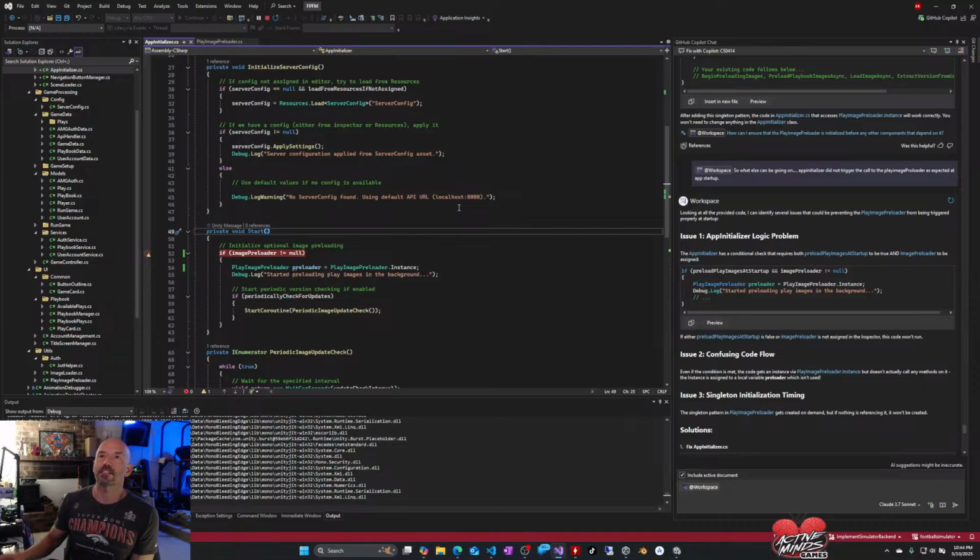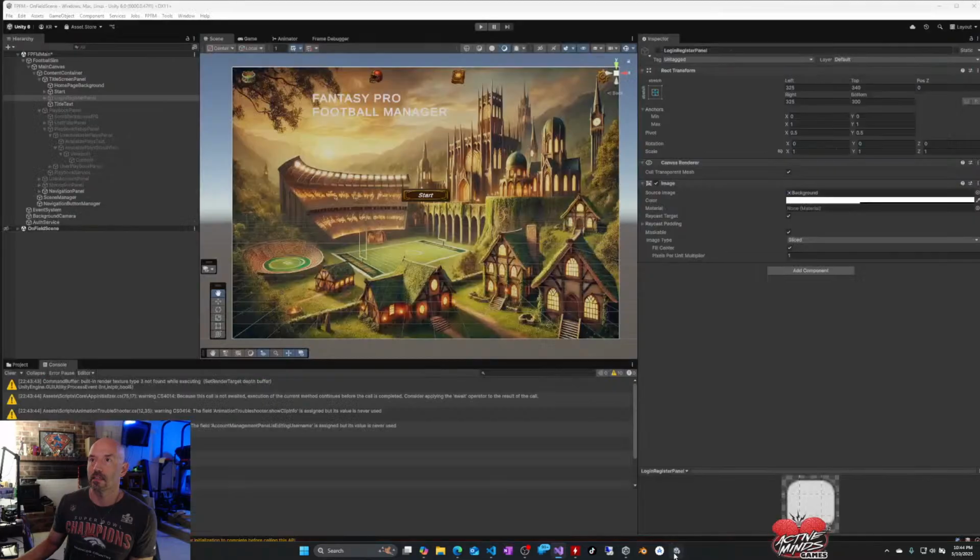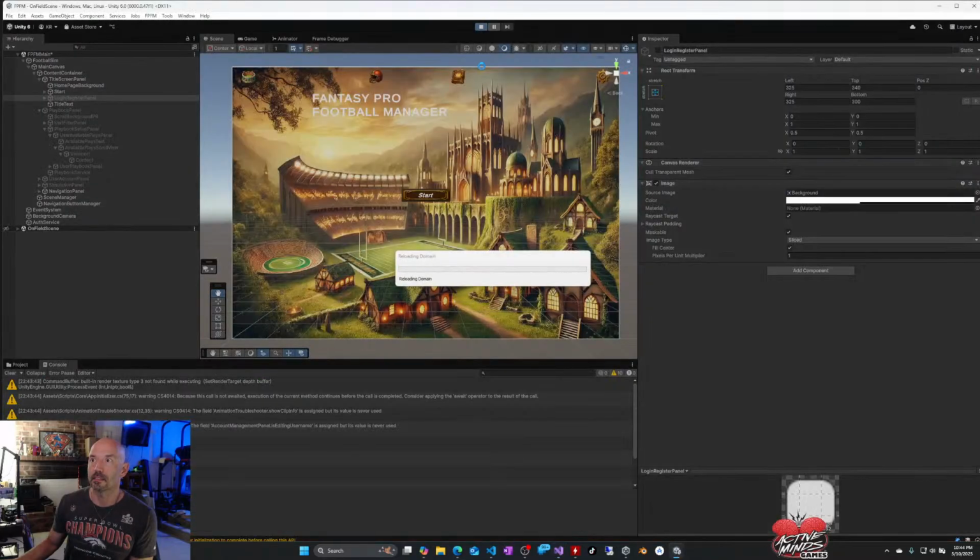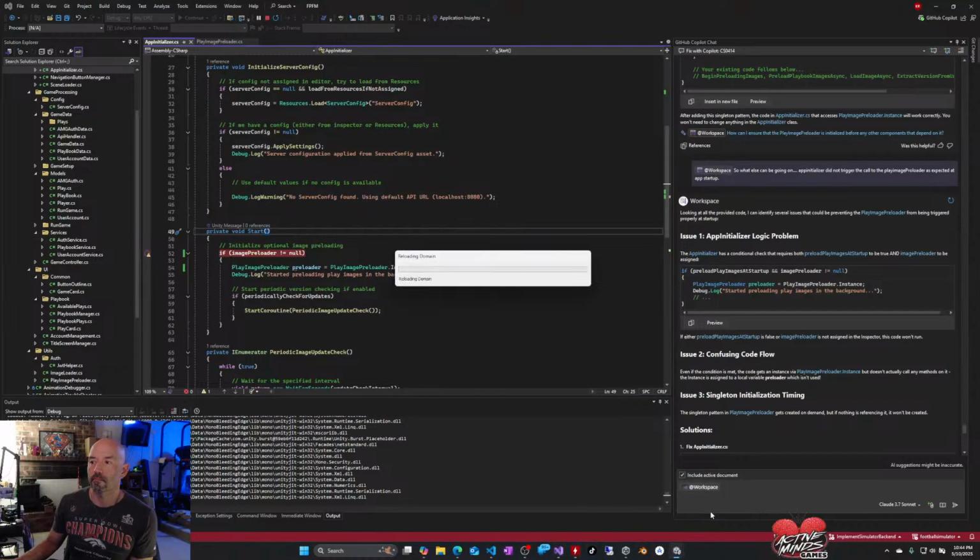All that's doing is making sure that I set the preloader in the app initializer, so hopefully by doing this we should hit this start. Now I guess it's possible app initializer is not loading, like I didn't set it somewhere. I thought I did, but